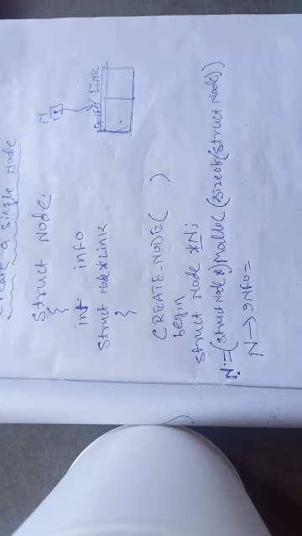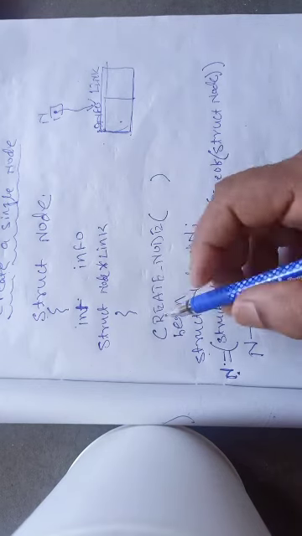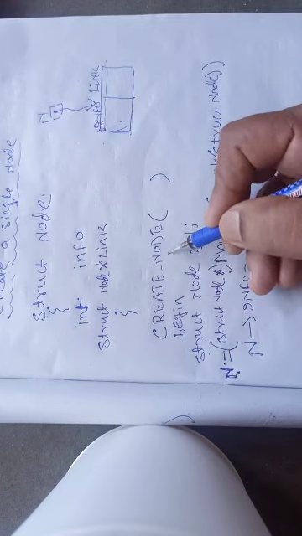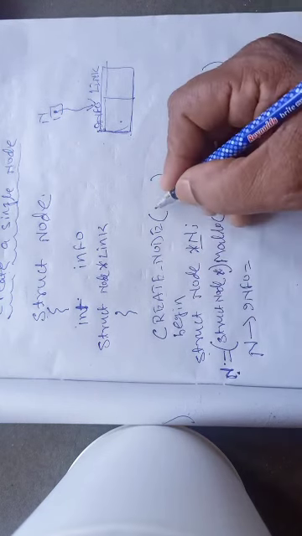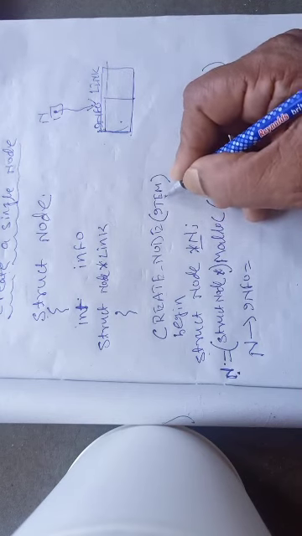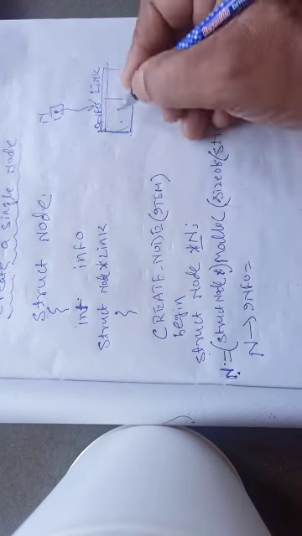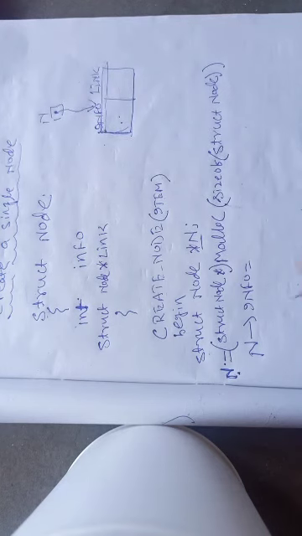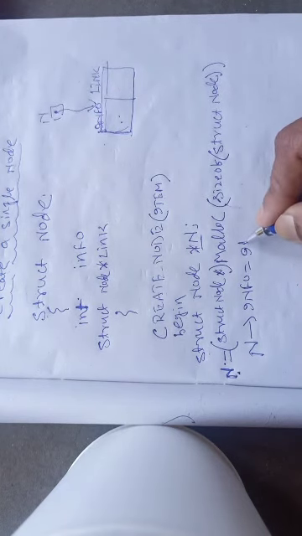So what should be the data item? How to get this data item? See, since this create node is a function, the data item must be passed as its parameter. So here I have written item. Item means this item, it is a data which will be stored in the info part. Okay, so I will write here item.